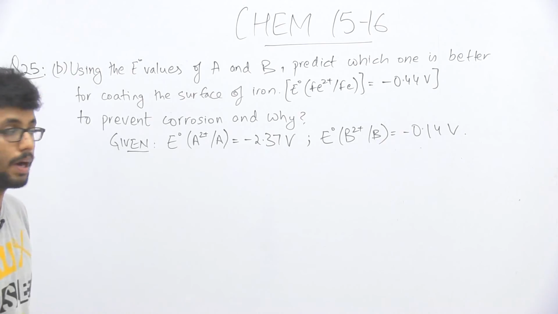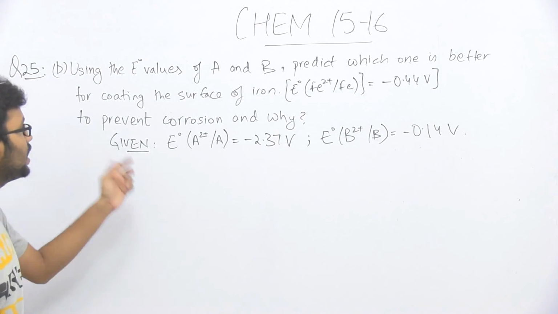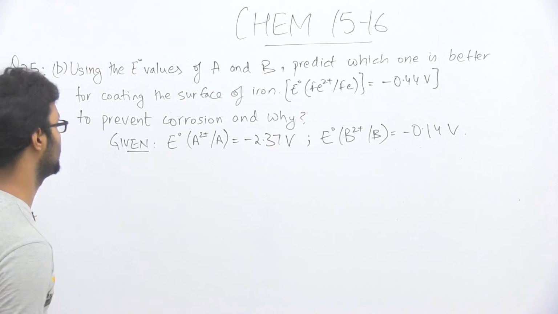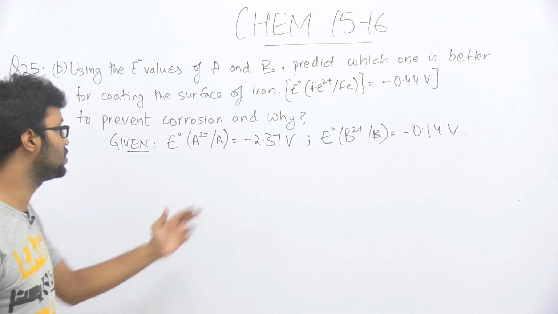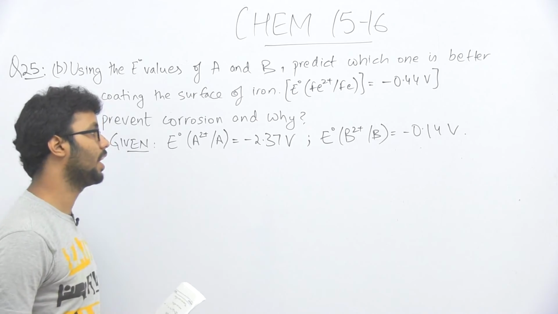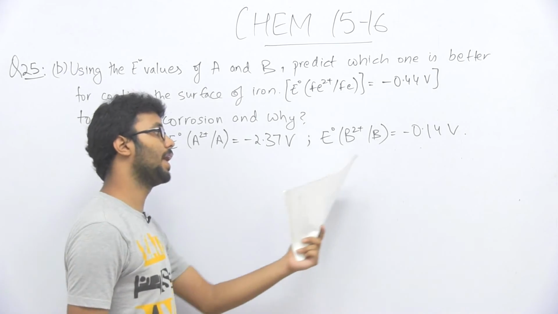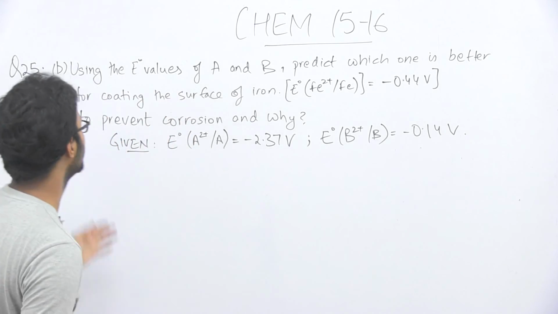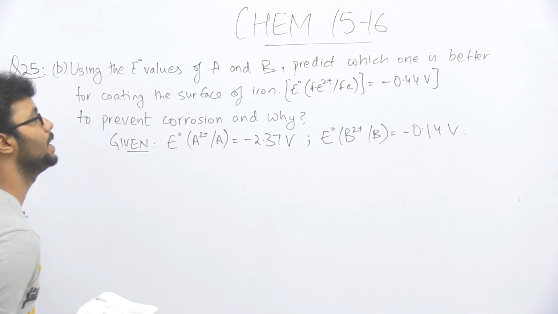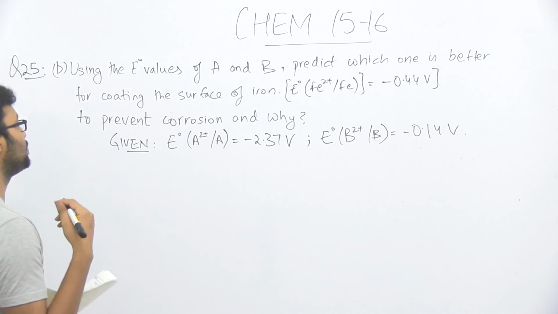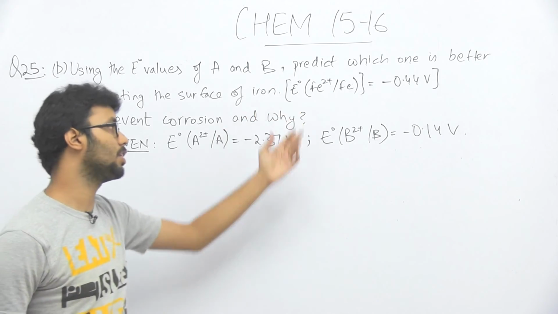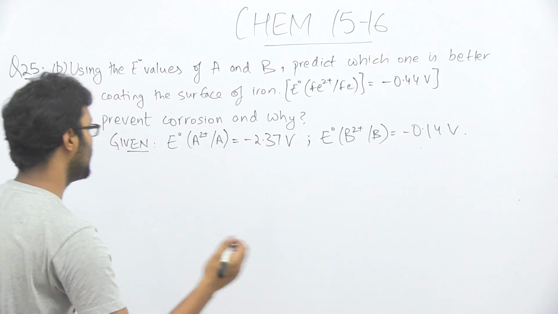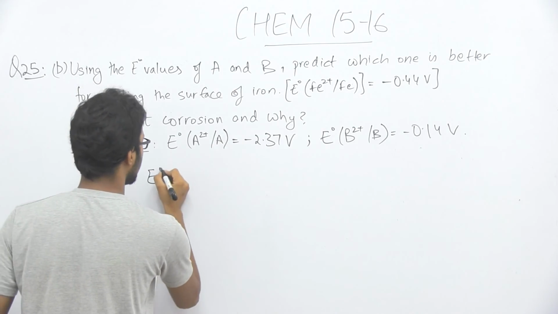So the next part of this question is using the E naught values of A and B. The E naught values of A and B are given. E naught value of A is minus 2.37 volt and E naught value of B is minus 0.14 volt. So using the E naught values of A and B, predict which one is better for coating the surface of iron, and the E naught value of iron is given. So the E naught value of iron is